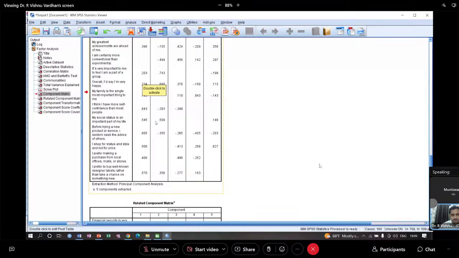But as I did earlier using the slide of factor rotation, then we need to make use of